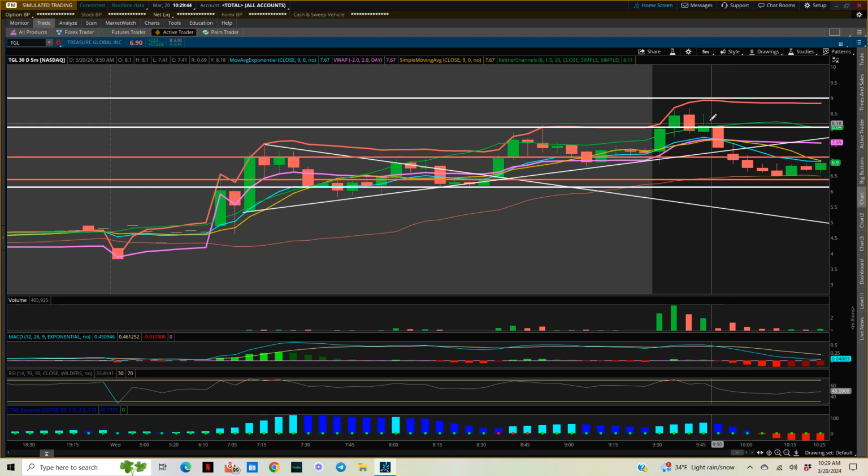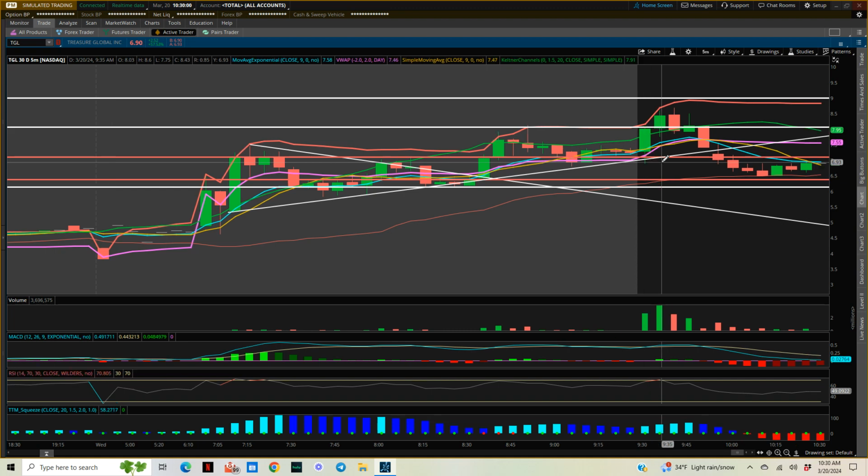I could have sold more at the top, but these stocks move really fast, so it's easy to miss the number you want. And I could have bought that other half. Those are the two things I could have done better. But it's really tough to decide, because that wasn't the entry I wanted, so I'm trying to figure out